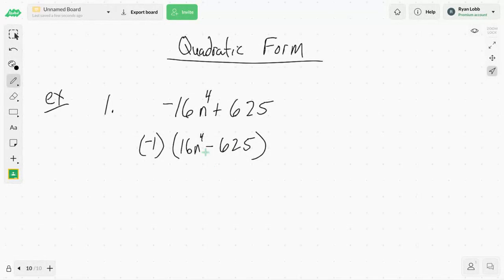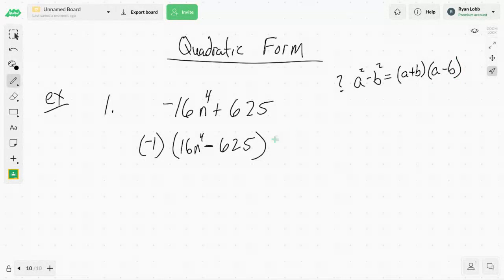So when I look at this, I see a minus. I only see two terms, right? 16 n to the fourth and 625. 16 is a perfect square, so I start to think, is this a difference of squares, a squared minus b squared? Because if it is,